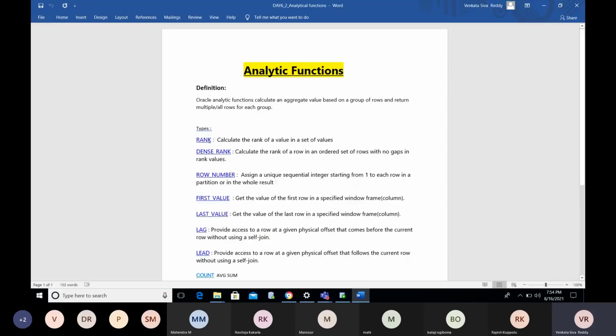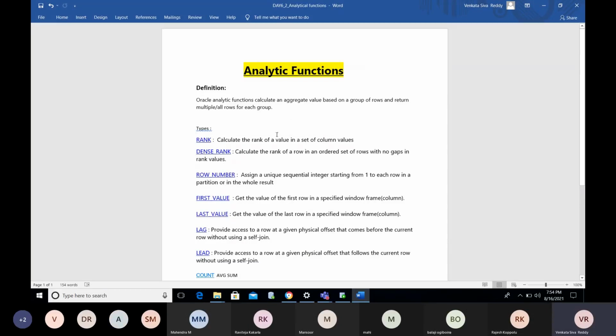See, the RANK function calculates the rank of values in a set of values, that is, a set of column values. The DENSE_RANK function calculates the rank of a row in an ordered set of rows with no gaps in the rank value.